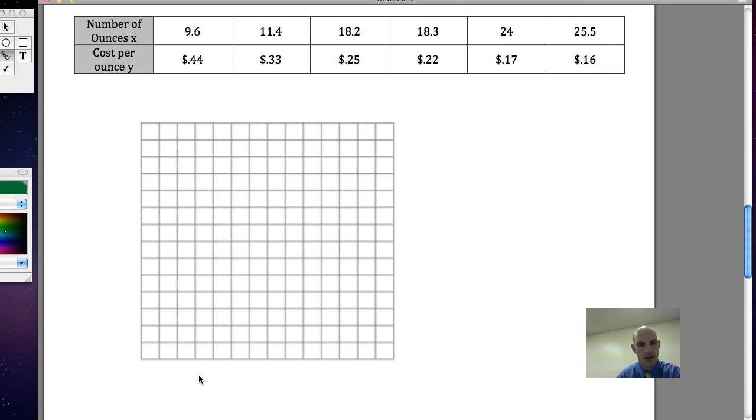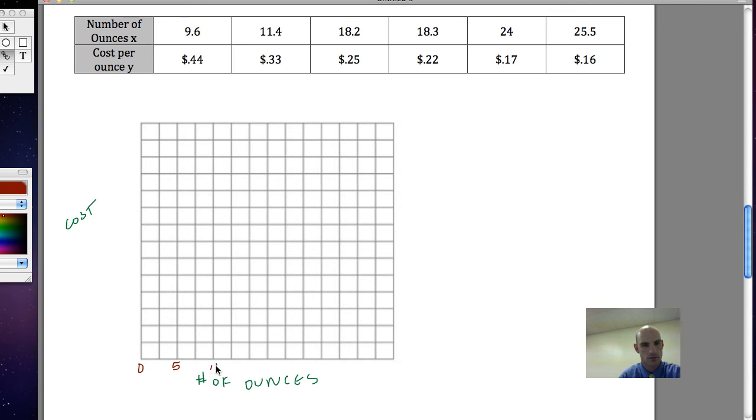Here's going to be the number of ounces, and over here is going to be cost, and I need to label them. Let's take a look here. The number of ounces. I go from 9.6 to 25.5, so I'm just going to go in increments of